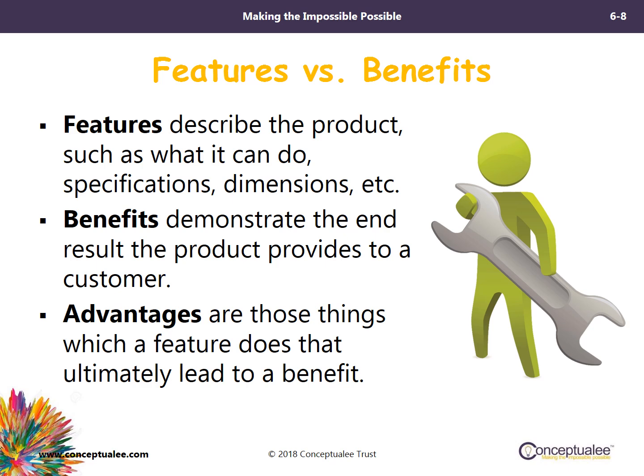So when we talk about any product, doesn't matter if it's a whole solution, whole product, or product service, or a solution, or even a commodity, we need to talk about features versus benefits. As you see here, features describe the product, for example, what it can do, its specifications, and its dimensions. Features are functional attributes illustrating what the product can do, like training, washing a car. It is describing how your product, service, or solution works.